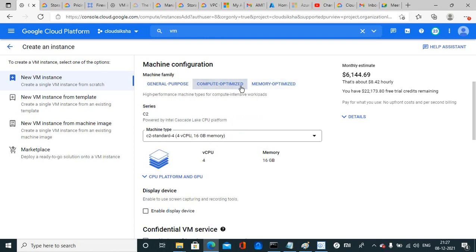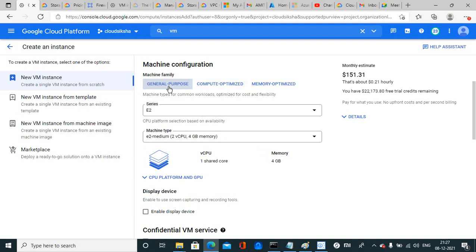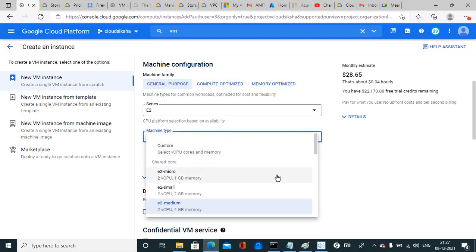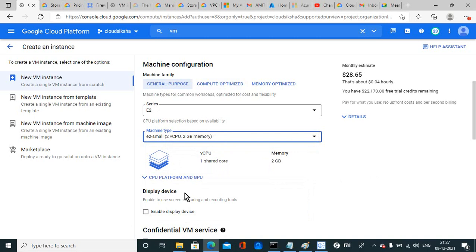Same as compute optimized, with the number of CPUs and memory. Also, if you want to create a general purpose machine, like for a web server or any jump server, you can create it in general purpose. It's a low cost of memory and CPU. So I am choosing here 2 vCPU, E2 small,